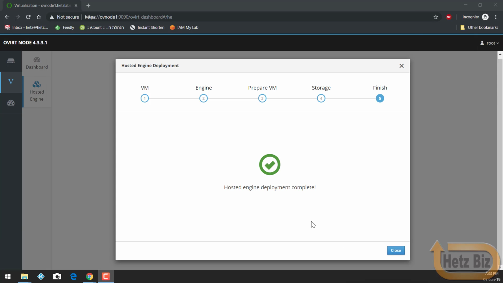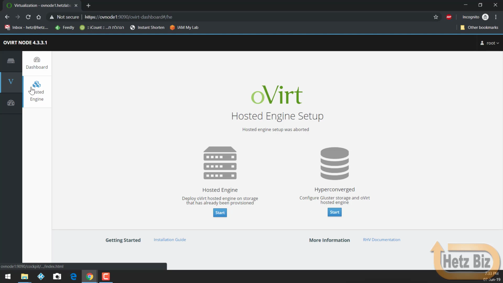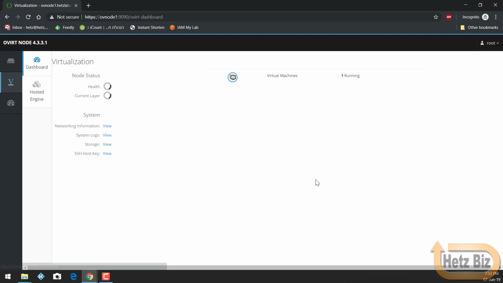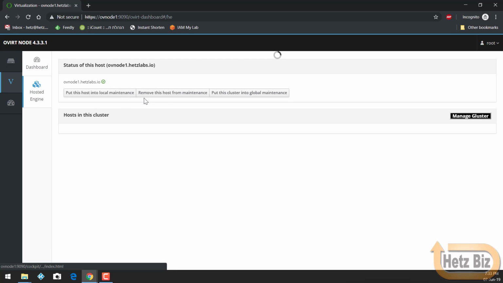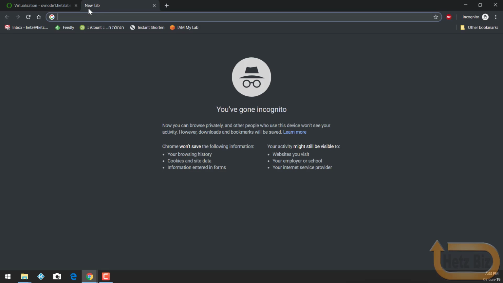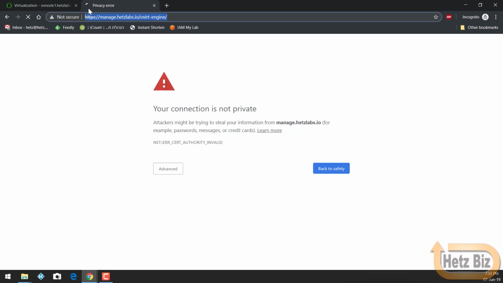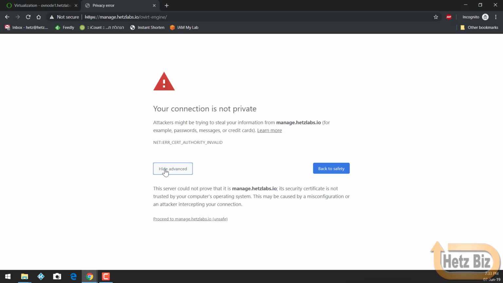Okay, it's finished. Complete, close. Are you sure to exit the wizard? Yes. And now if you click the virtualization, you should see health OK, hosted engine, it's running, and since I only have a single host, I cannot do a local maintenance. Fine by me. Now, in order to access the machine, the hosted engine, we'll go to manage and add here /ovirt-engine. And yes, I don't have